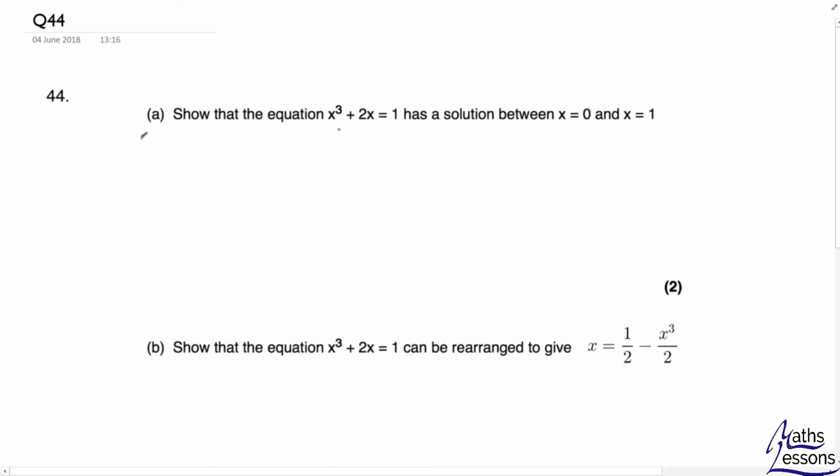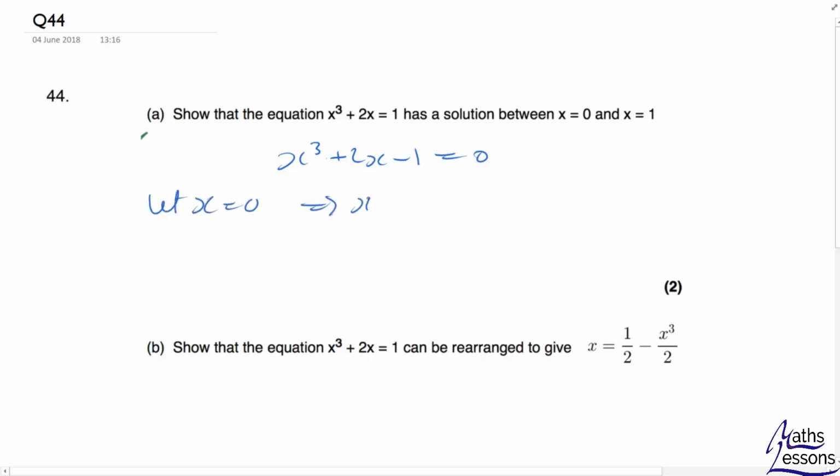Show that the equation x cubed plus 2x equals 1 has a solution between x equals 0 and x equals 1. Now the best way to do this is actually to rewrite this as this. And then what we do is we put 0 in and we get a value, and put 1 in, we get another value, and they should be either side of 0 if that's the case. So what we're going to do is let x equal 0,